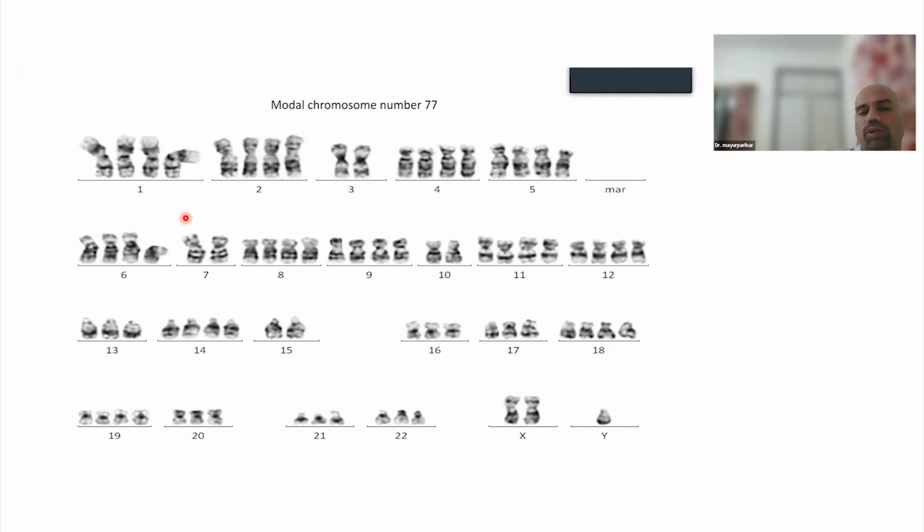You look for structural abnormalities, translocations, deletions, and so on. This is what you see, a metaphase from a patient of acute leukemia showing 77 chromosomes, right? So the first part is to actually arrange the chromosomes, and then you start looking for the banding pattern and just see for any subtle change in banding pattern. The moment there is a change in the banding pattern, you know there is an abnormality, and then you try to find out whether it's a translocation, whether it's a structural abnormality, whether it's a duplication, whether it is inversion,